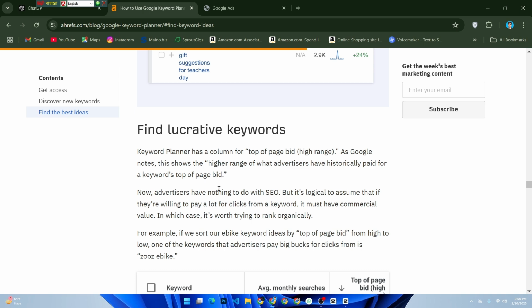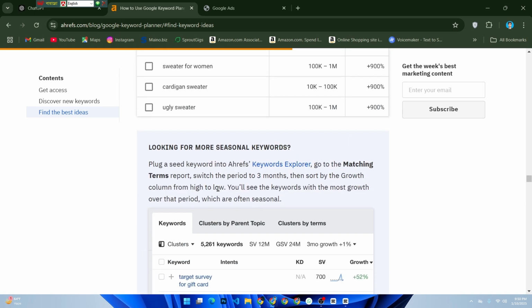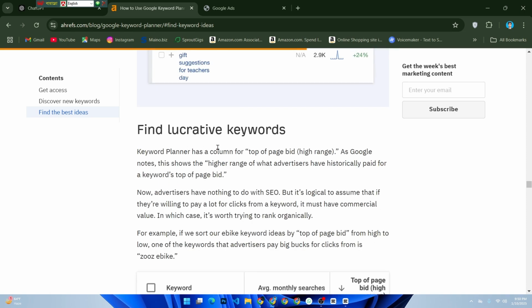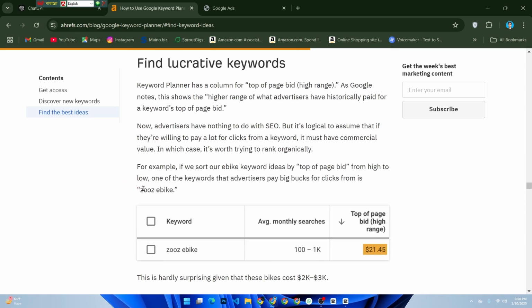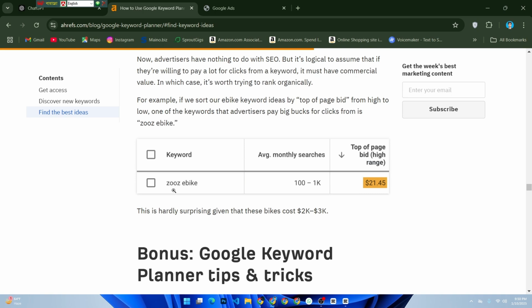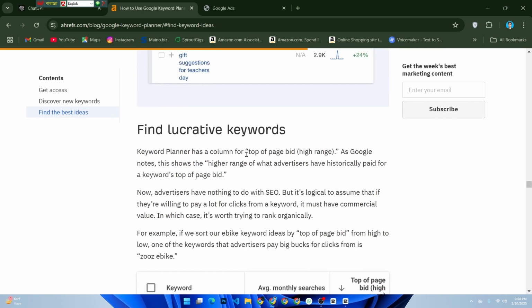For example, the keyword Zo's e-bike has a high bid value because the products associated with it are expensive. That makes it a